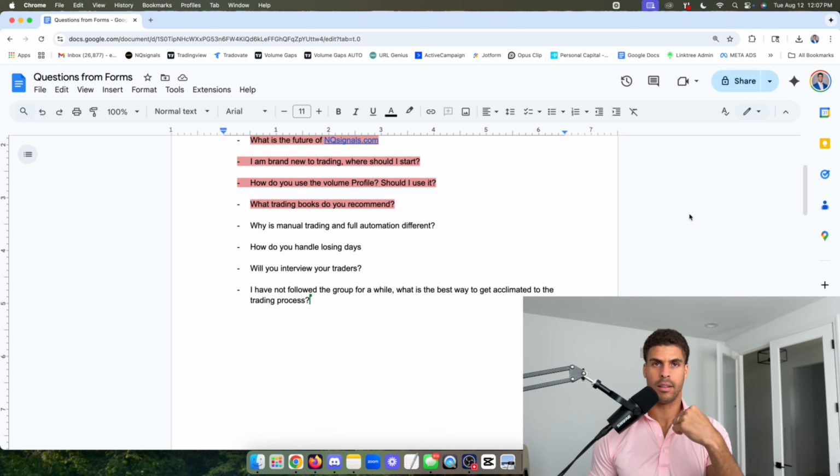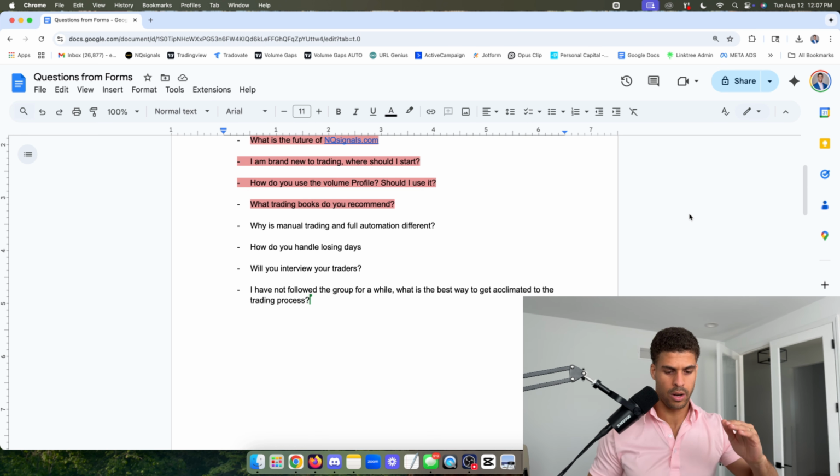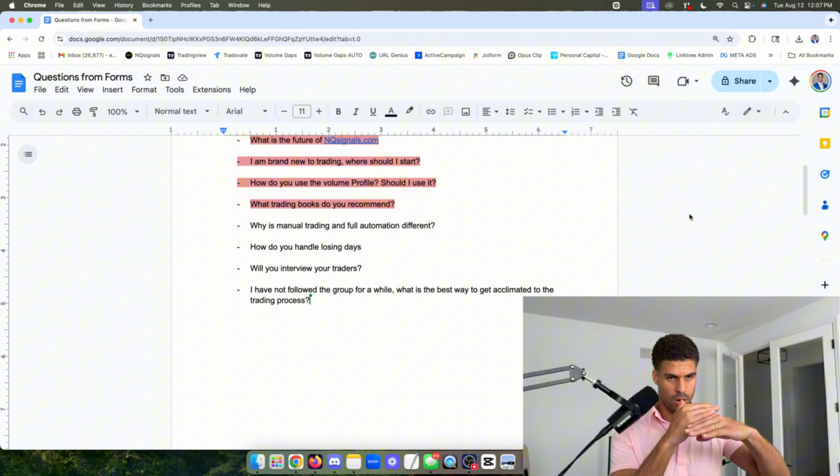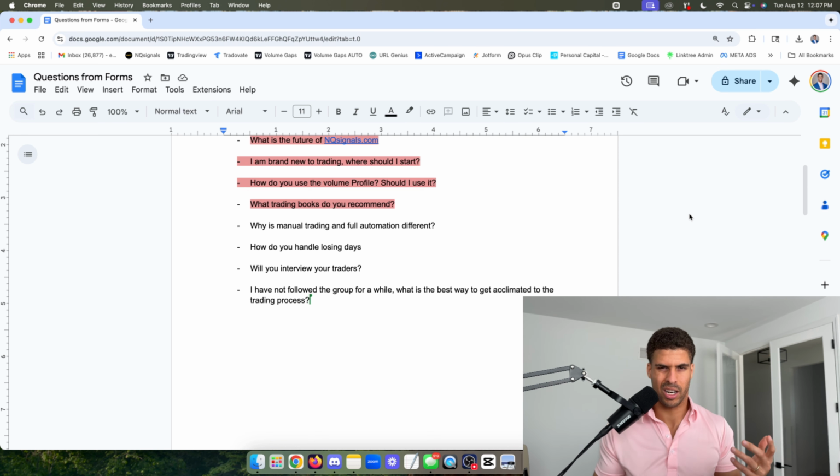Like, when they cross and it's nice and big, I'll take a short. When the shorter one comes across the longer one, I'll just do that. But when it's manual, you'll see they're really close together, kind of interwoven a little bit. I'm just trying to wait. I'm not going to trade anything.